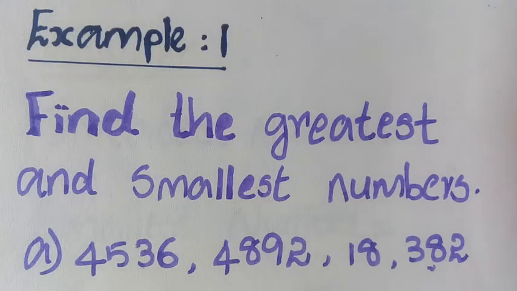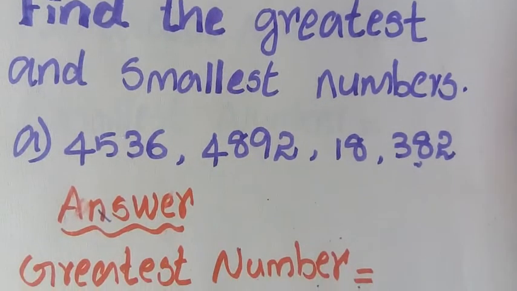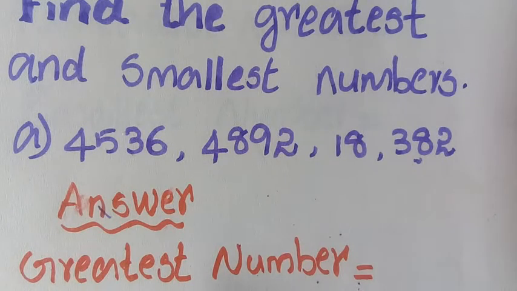Children, how to identify the greatest and smallest numbers among them? We just need to look at the number of digits and find the answer. The greatest number has the most, lakhs or thousands, and smallest is only in hundreds or in tens. So, in our question, first we will find the greatest number. I think you got the answer.